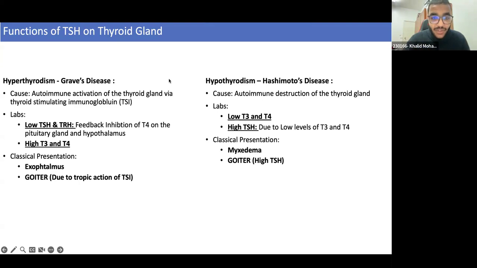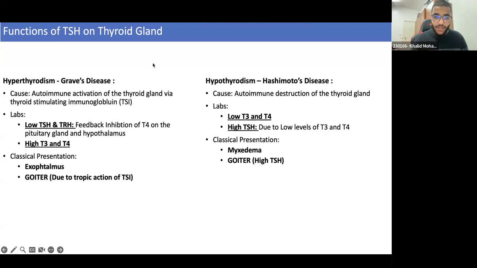So one might ask, since we have high TSH and the thyroid gland is actually responding and it's becoming big, why don't we have normal T3 and T4 levels? It's because even though the thyroid gland is increasing in size, that doesn't mean that it can still secrete normal T3 and T4 because it's still being destroyed. Okay, so that's why we see the goiter